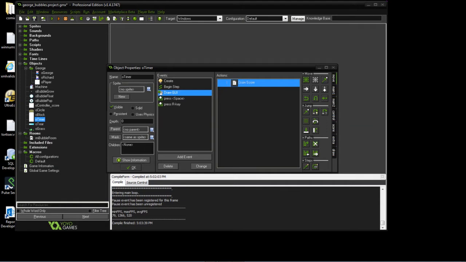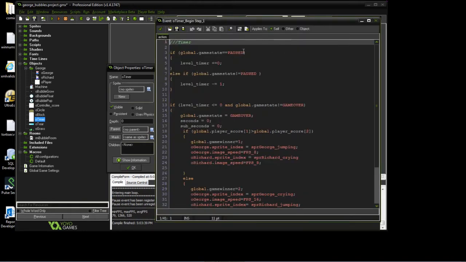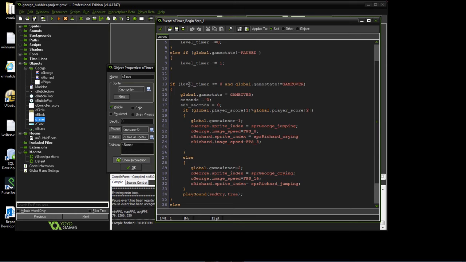So drawing the, I guess we'll look at the steps first. So timer-wise, if we're in pause, we're not going to decrement. If we're not paused, we're going to decrement, depending on which type. So the timer here, if it's not game over, this will tell us